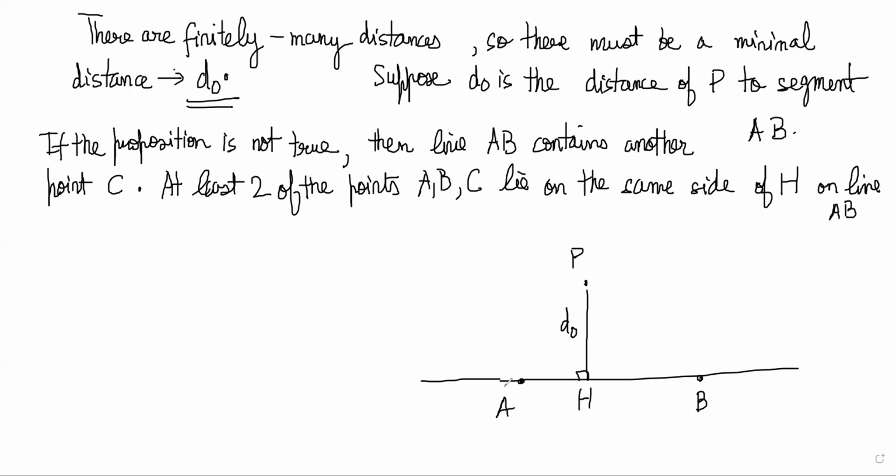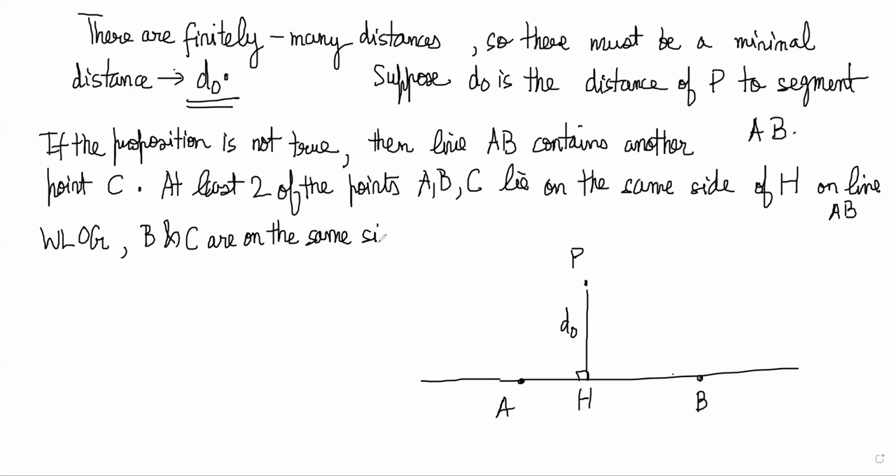So if there is a point C, then at least two of the points should lie on the same side of H, right? So without loss of generality, obviously it could lie here, it could lie here, we'll assume that B and C are on the same side of H